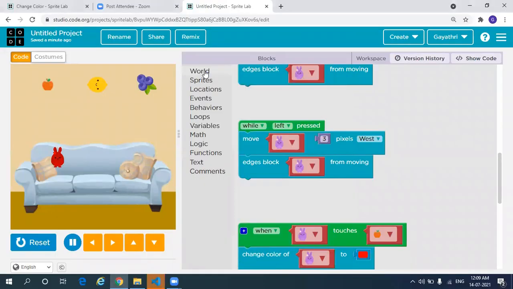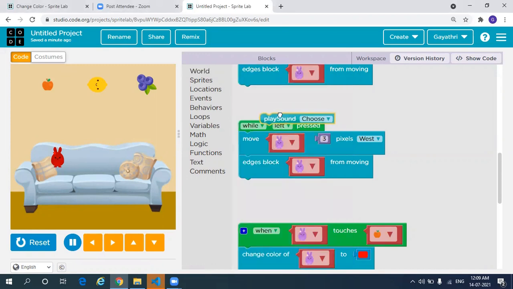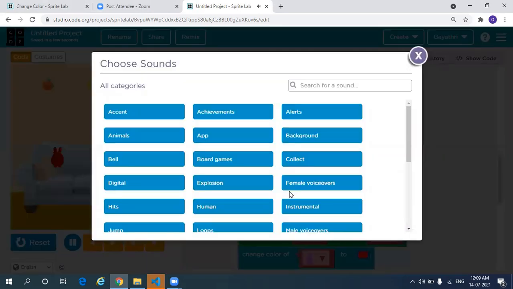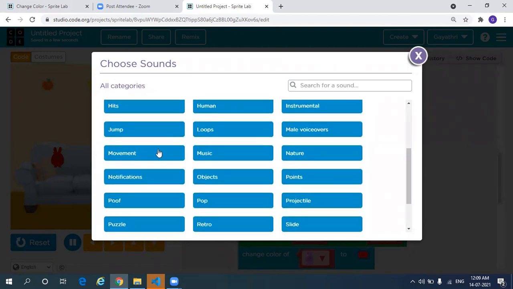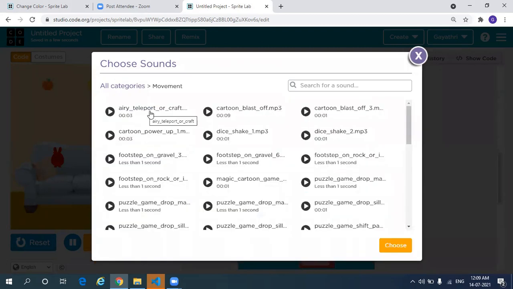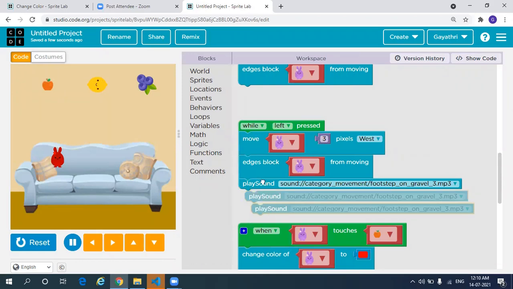Go to world, select play sound and drop it here and choose. So this time it is movement, right? So go to movement and select the third one, footstep. Okay, choose. So we'll copy and paste this for other arrow keys as well.